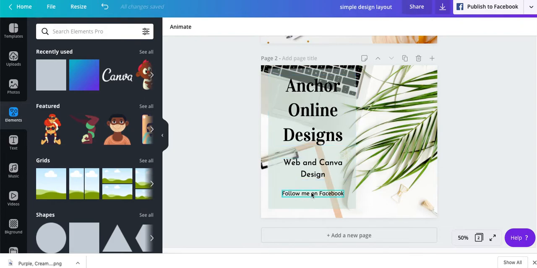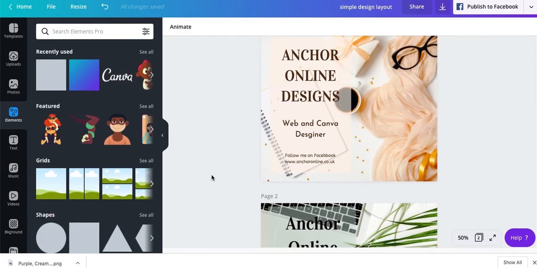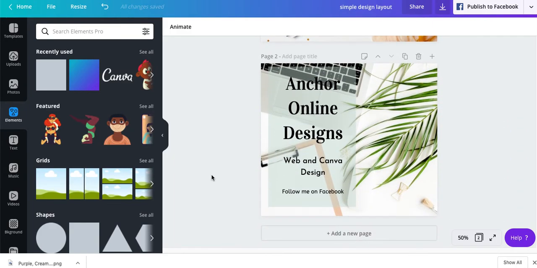You can change the fonts, the colours of the fonts to match your branding. So in this case, with this image I've used, it would be the greens and pinks. This one here, I've taken the browns from the glasses, so the browns and the peaches would be the branding colours. So a very super simple, quick way to create a nice, attractive post to promote your business is using